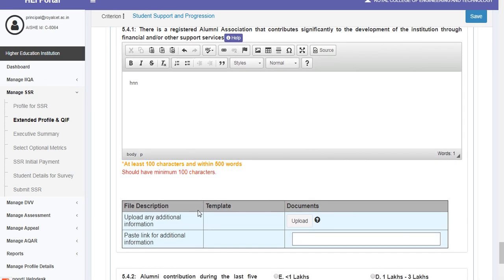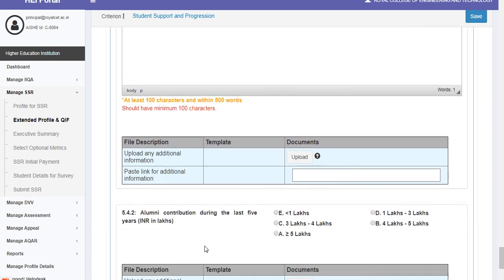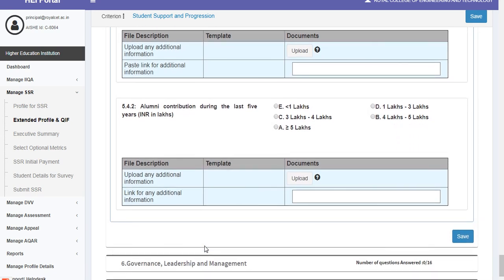If your description is beyond 500 words, or if you want to provide any supporting documents for the description of a qualitative metric, you can provide it in upload for additional information, or the link for additional information can be used.